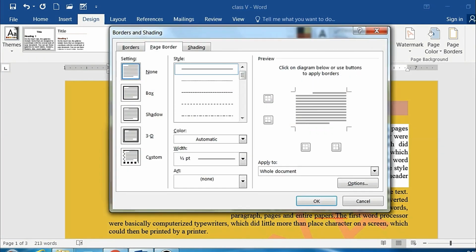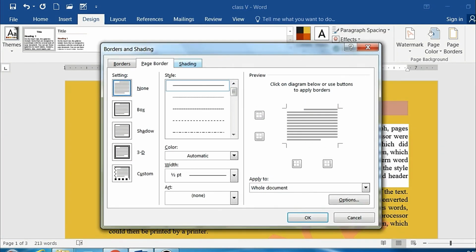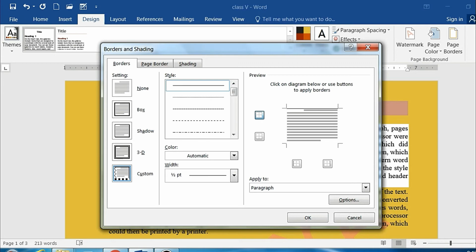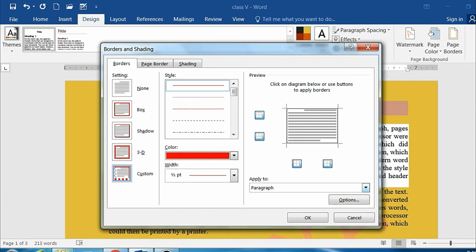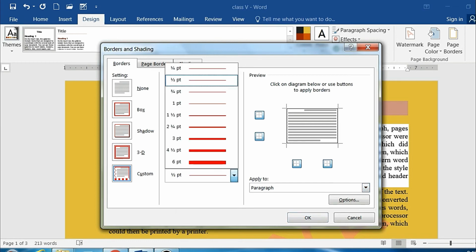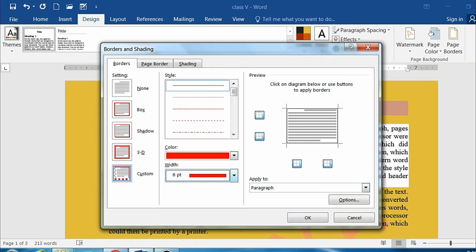And also another important and very interesting thing is the page border. For that you will get a lot of page border options. Everything comes under the design tab only. So borders are there. Here is the preview of the border. When I click here, you can see that at the top area I will get a border. When I click bottom, and here is a side one, and here also a side one. There you can also see a lot of colors for the border, and the thickness, the width of the border, you can also set.